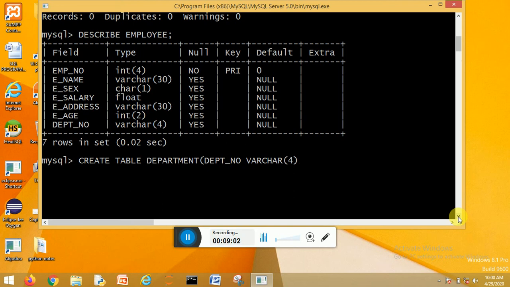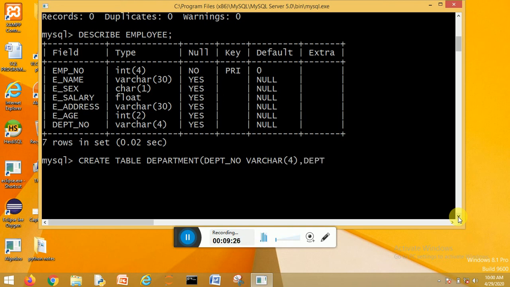As you can see over here, in the employee table I created a column dept number whose data type is varchar, whose size is 4. I am also going to create a column dept number with the same data type and same size in the department table, because I have to establish the relationship.